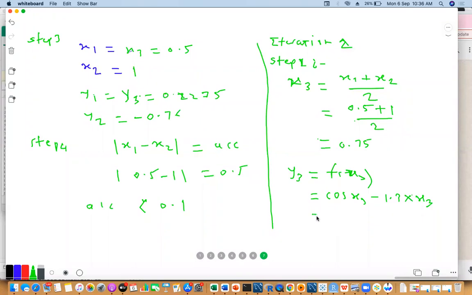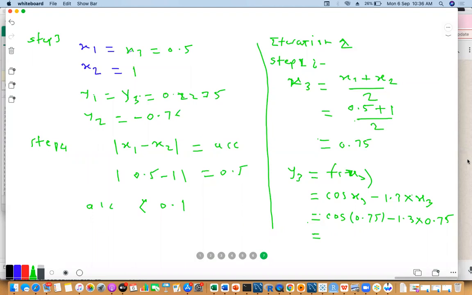What is the value of x3? Put it in this function: cos 0.75 minus 1.3 into 0.75. Okay, so calculating this, we will have y3 as